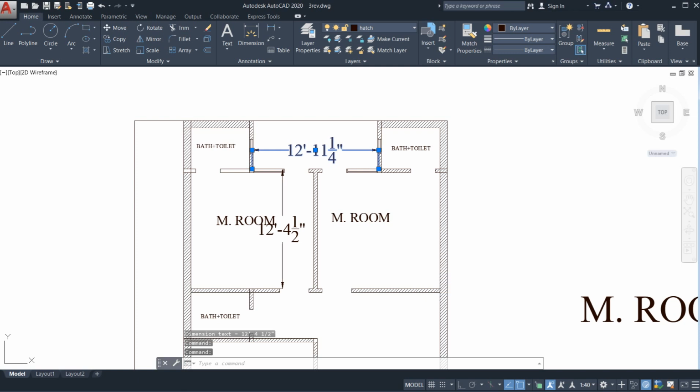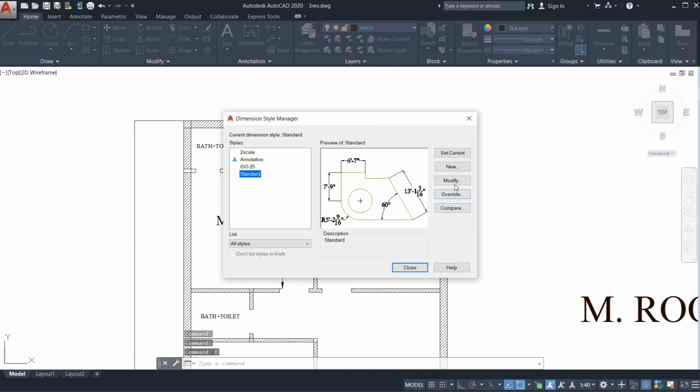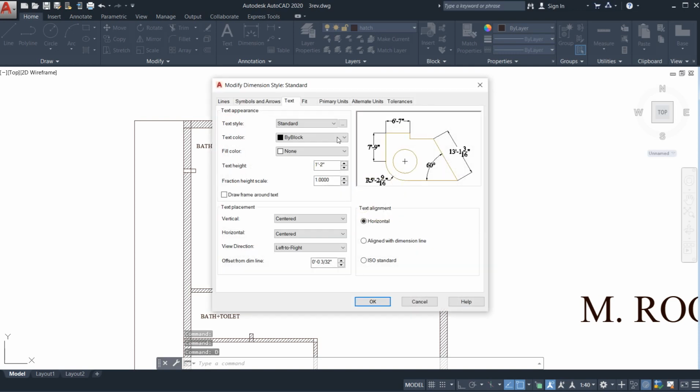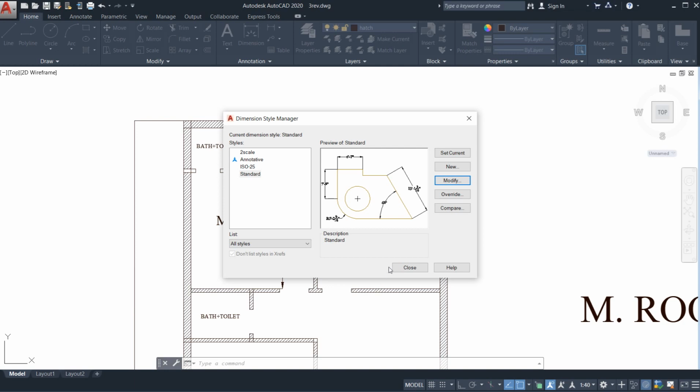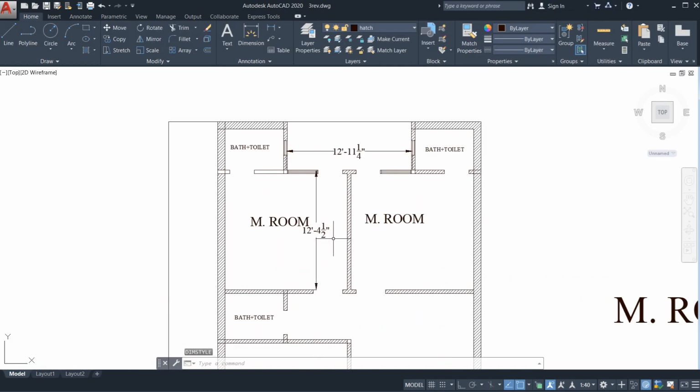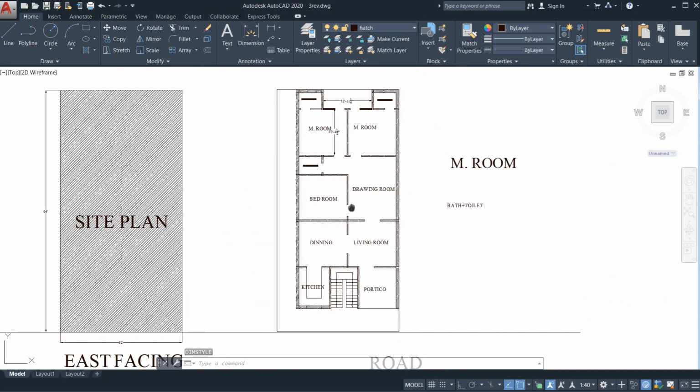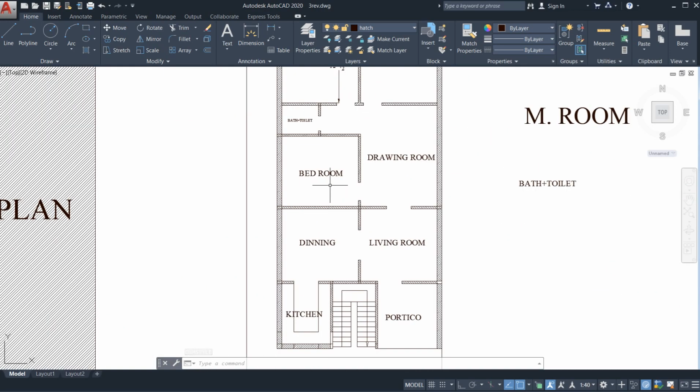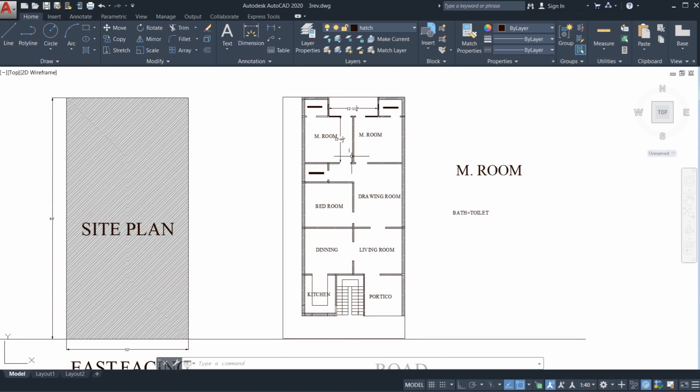See here it is not, so go for dim style, D enter. Just go for modify panel, just click it, just go for text, just make the text height as 8 inches from your keyboard, and just click it, just go for set current and just close it. See, it has become quite smaller, right? So like this you can show your dimensions in this plan.